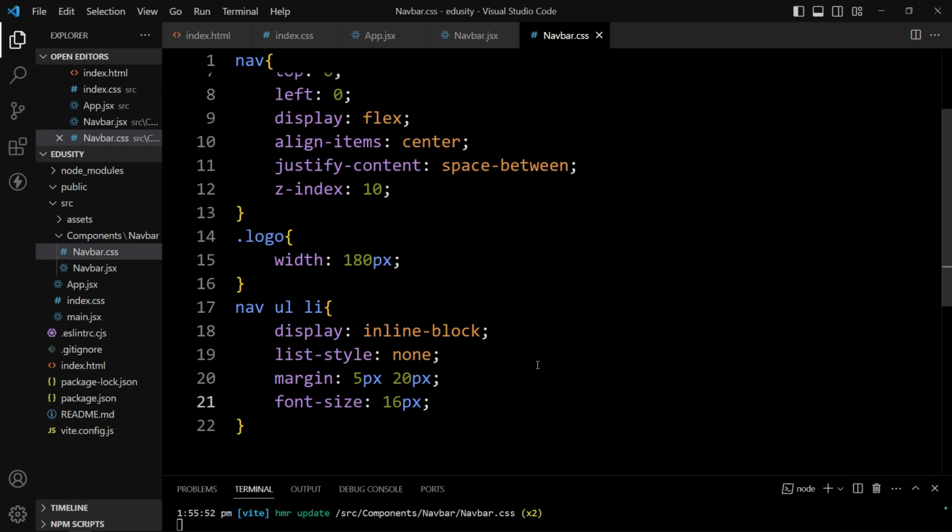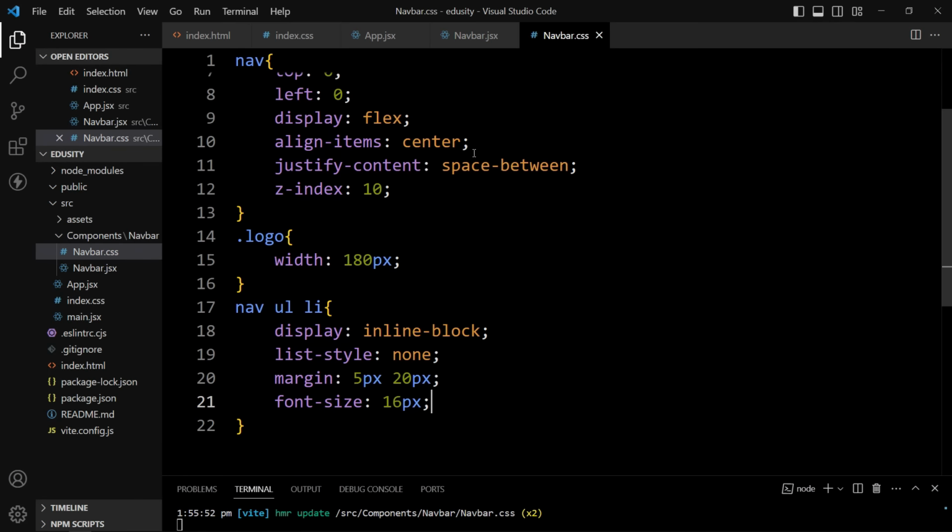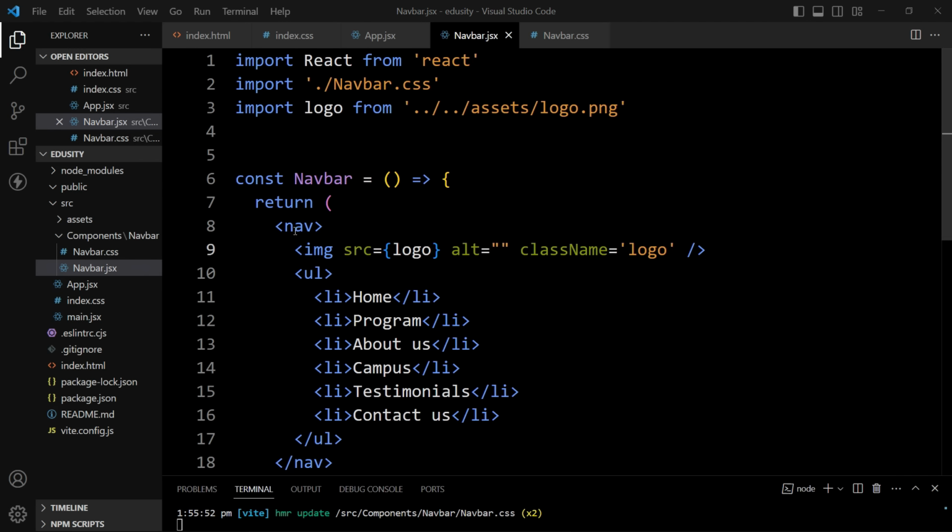After adding this, you can see these are aligned horizontally. Right? Now again come back and we will open this navbar.jsx file. In this nav tag we will add a class name. Let's add container,